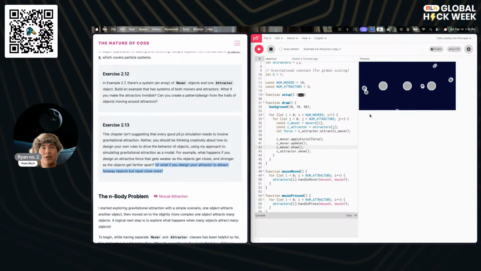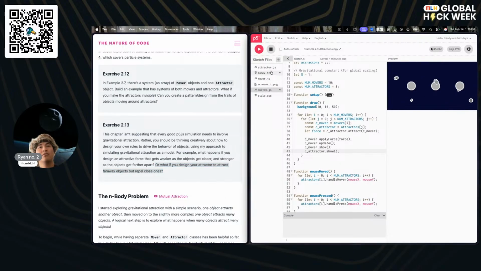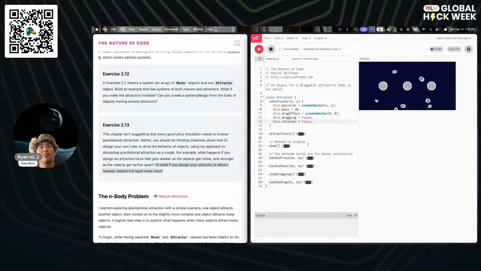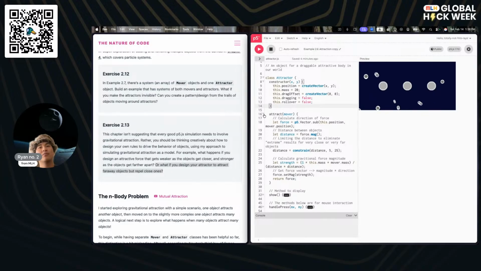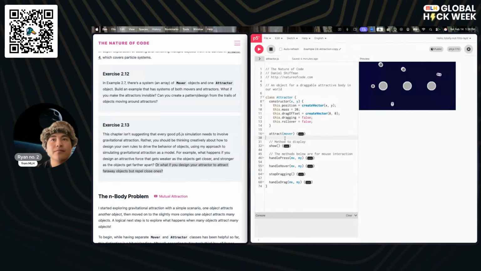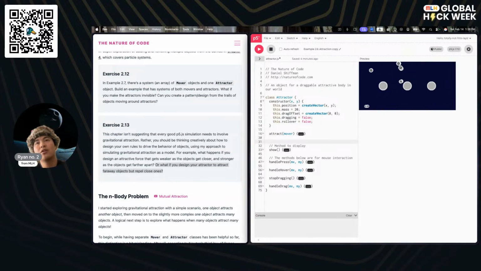Okay, so first things first, we should probably hop over to the attractor since this is the thing that's applying the forces to the movers. And so what we would need to do is, well, I don't think we should put it in attract necessarily. I think we should have this in a new function. We're going to call this push away.